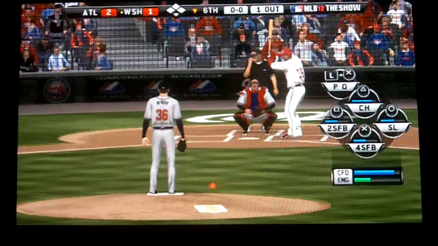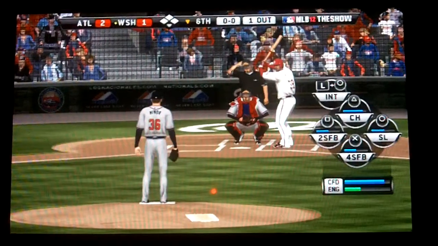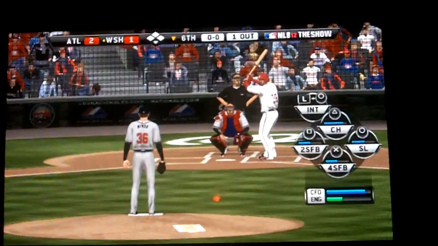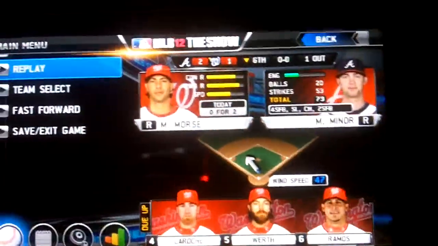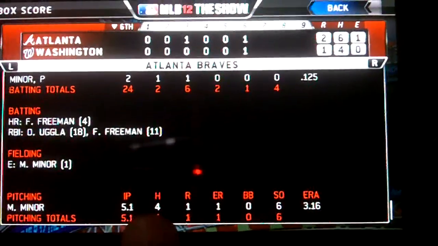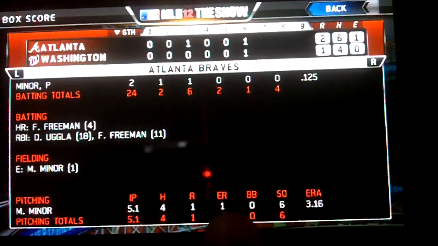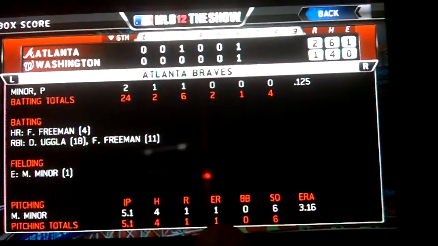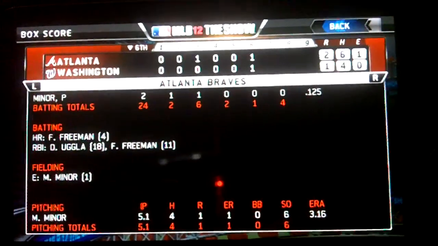Okay, but let's say that Morse strikes out, and the next batter strikes out as well, or flies out. Right, he gets out, and that runner's left stranded on second base. Well, then that run remains unearned. So once again, this box score here should show Minor with 1 run and 0 earned. At the moment, it's 1 and 1. The only reason this should change to 1 earned, again, is if sometime during this inning, Washington's offense does something